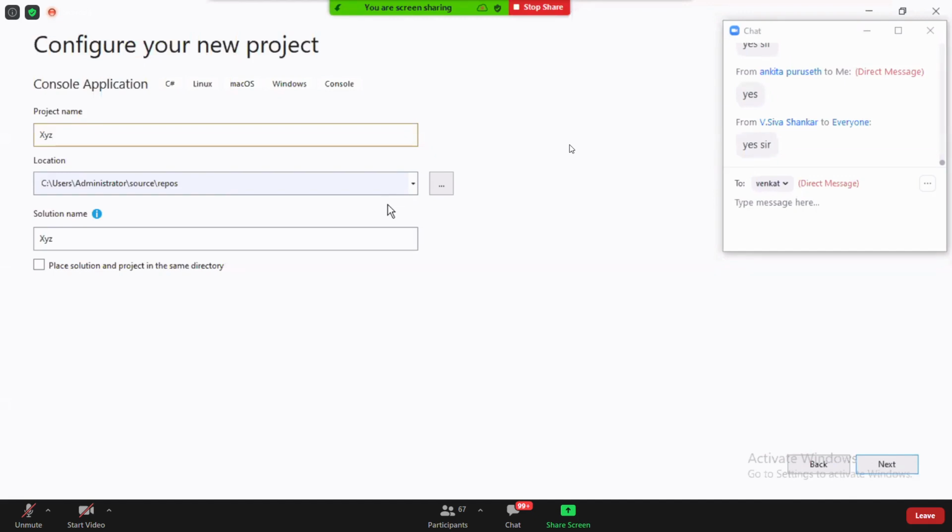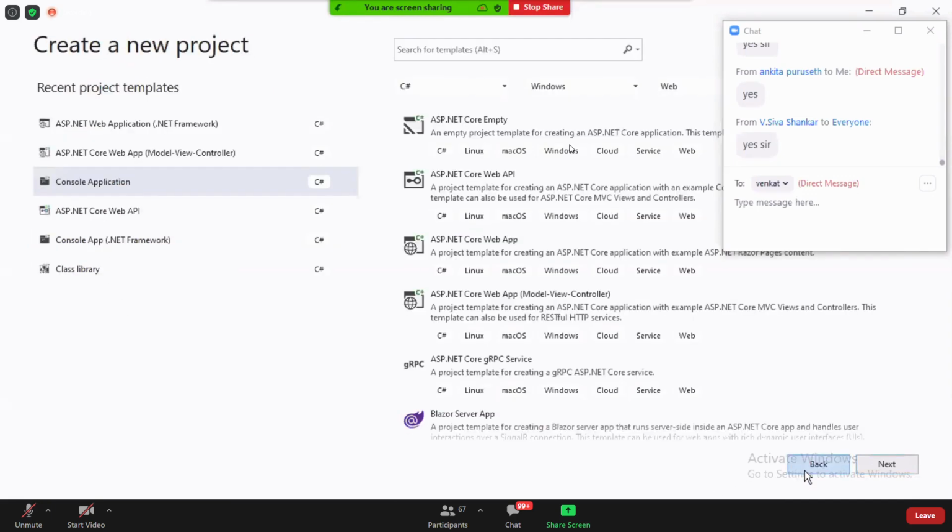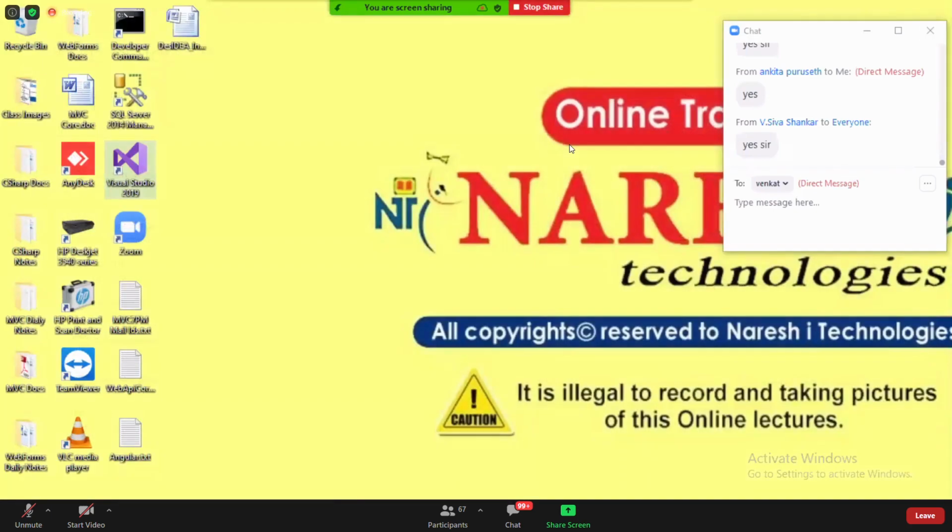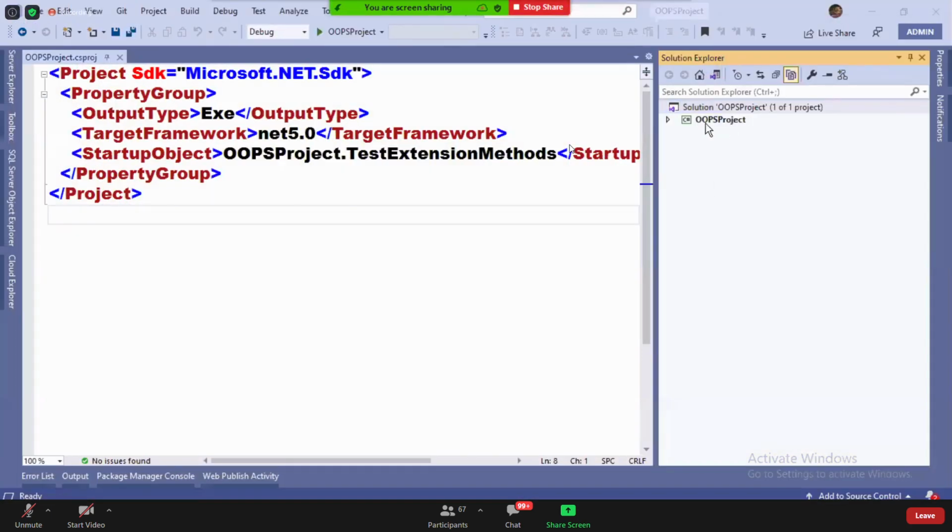And now you'll be wondering, yeah, sir, can I change this name? Yeah, you can change, guys. You can change the name. I'm giving a different name, see. If you change the name, it's okay. If you don't change, project name only will be solution name. That is the reason why. If you come back here, our project name, our solution name, both are one and the same. I hope you understood.